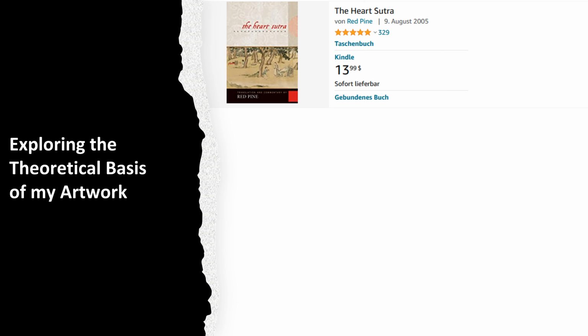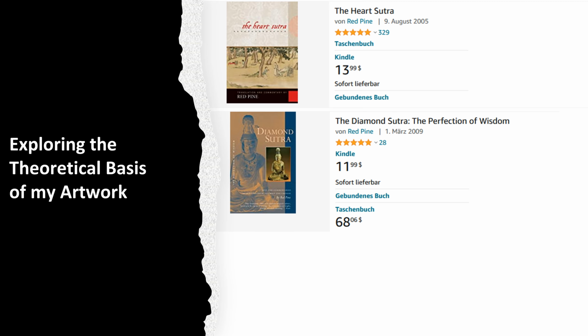Prajna wisdom is the wisdom that transcends all dualistic and conceptual thinking. The Diamond Sutra is considered by many Zen masters to be one of the most important sutras in the Buddhist canon, and it has been highly influential in the development of Zen. The sutra presents the teachings of the Buddha in the form of a dialogue between the Buddha and one of his disciples, Subhuti. The dialogue is designed to show that all phenomena are empty of inherent existence, and that everything